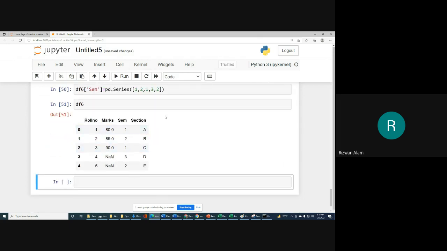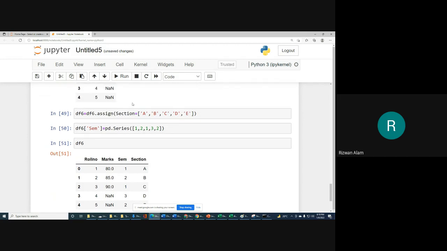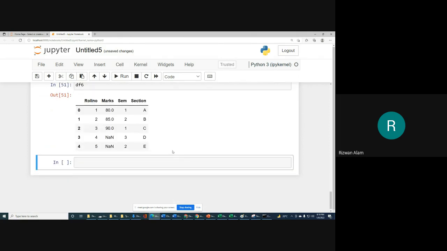So for the assign function you have to store it in some data frame. If you want to store in the same data frame, you can write df6 is equal to df6 dot assign. Or if you are using a series to create a new column, then you can create it directly. So in this way we can add new columns to our data frame.